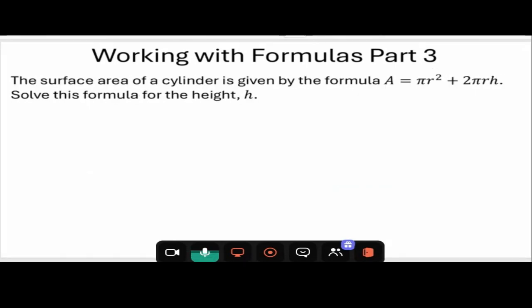Okay, getting bigger here. Surface area of a cylinder is given by the formula A equals pi r squared plus 2 pi rh. And we want to isolate h in that formula. Now, if I had said isolate r, this would be a very hard question. You wouldn't be able to do that until